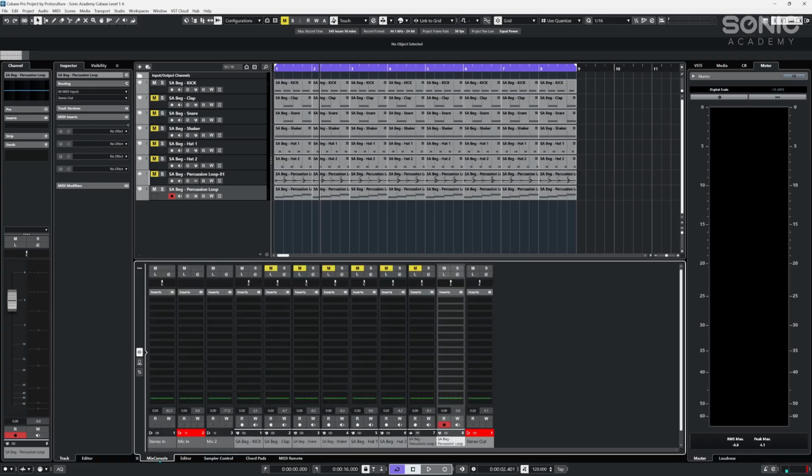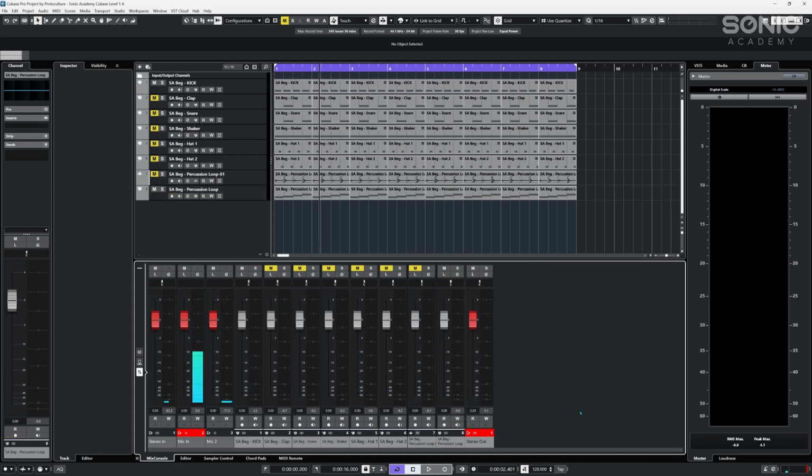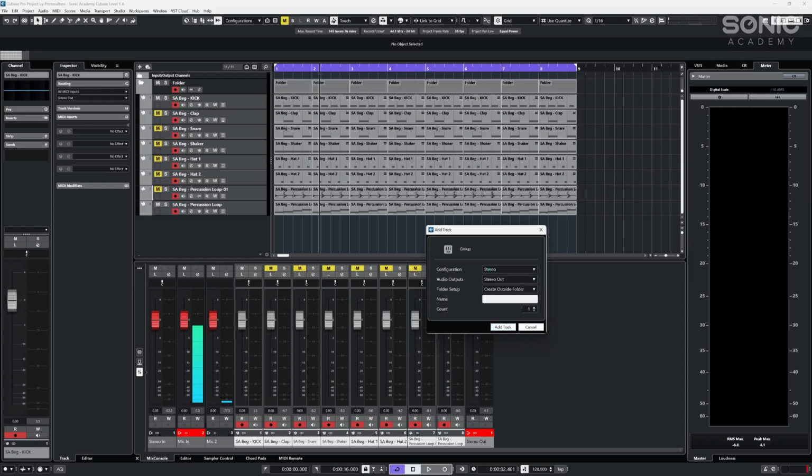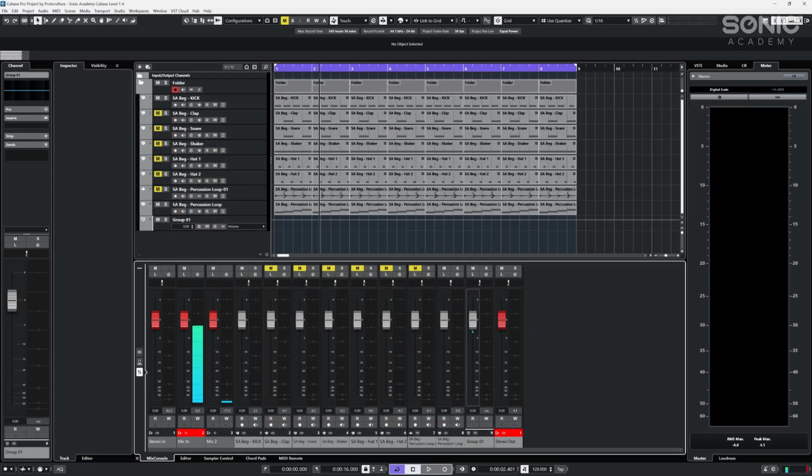Now, we can open up our mix console down at the bottom here and make sure that you have the faders selected. There's a few different ways that we can do this. We want to turn all of these down so that it's a little bit more manageable at the output. Now, one way that we could do this is to put them in a folder and create a group. We had a shortcut for that, if you remember, Control-Shift-F, which adds a folder track and then creates a group for these. If we do that, you'll see we now have a group, and we can turn on the group